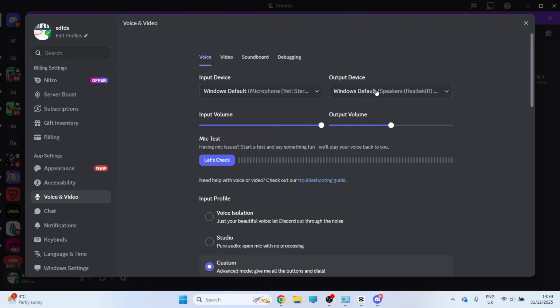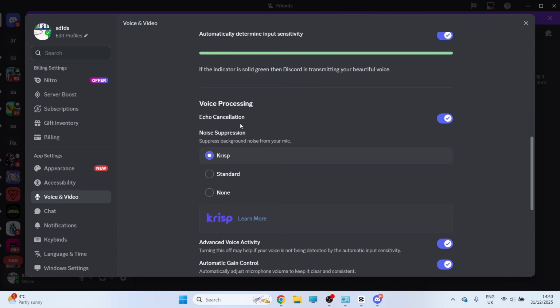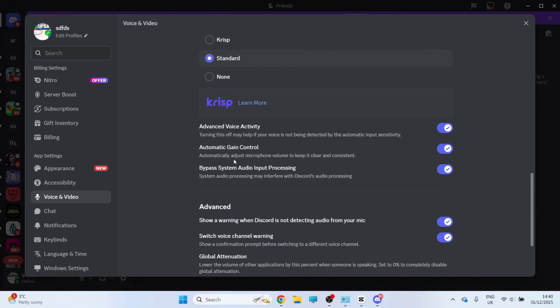You then need to select Output Device, and this is where you need to select your speakers or headphones. You could then scroll down to Input Sensitivity and make sure this is toggled to on. Scroll down to Noise Suppression and change this to Standard. You can then scroll down again to Bypass System Audio Input Processing and make sure this is checked to on